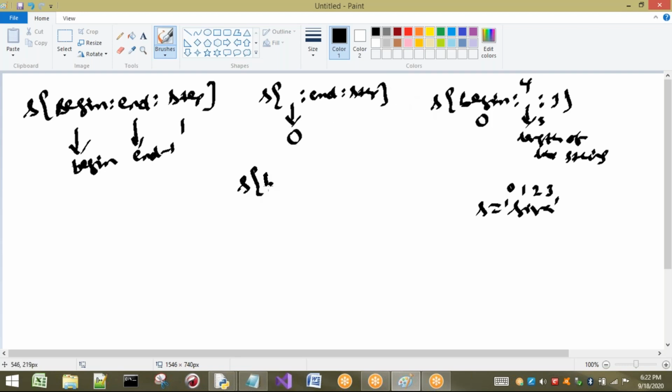What about step? If I am not going to write a step, for example, I have taken only begin and end values, I have not written any step value. So by default, step is 1. These 3 points you have to understand. Begin default value is 0. End default value is whatever the length we have for that string. The step default value is 1. So this is about forward direction. That means if I consider a positive step value, it goes forward, from left to right.